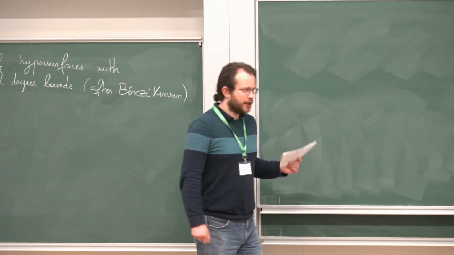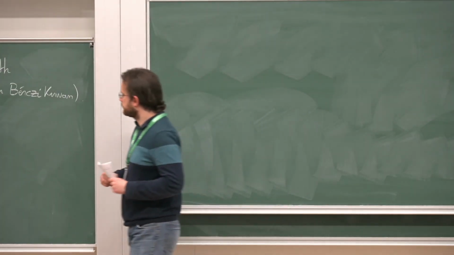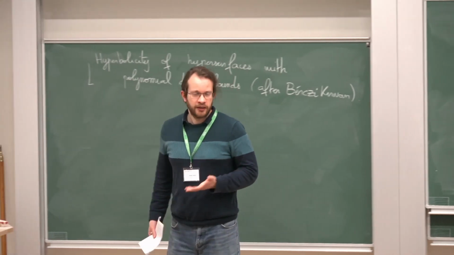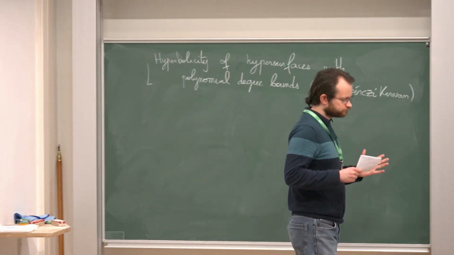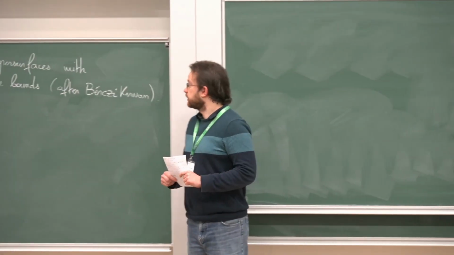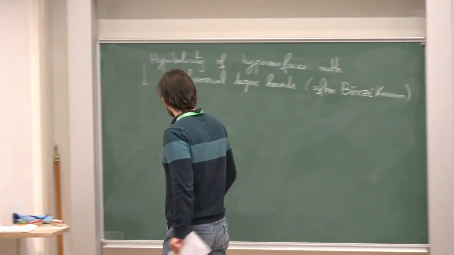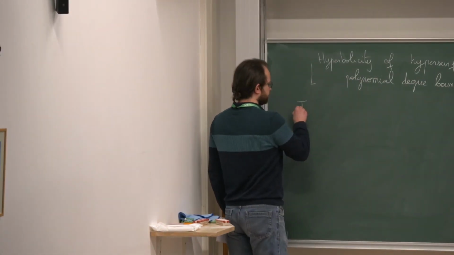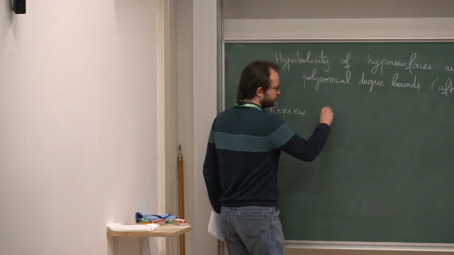But hopefully, I will at least be able to explain how these spaces by Bérczi-Kirwan are constructed, and convince you that in the end, the strategy that was introduced by Erwan yesterday can be applied to these non-reductive GIT quotients. So maybe let me start by recalling, a quick review of the strategy,